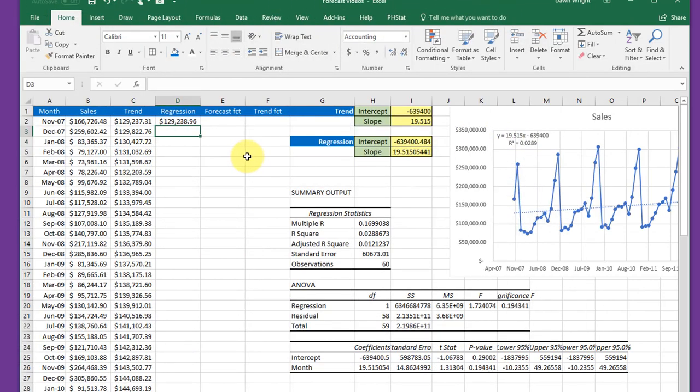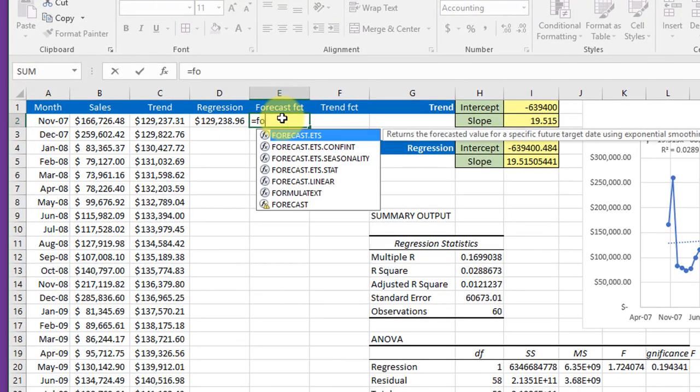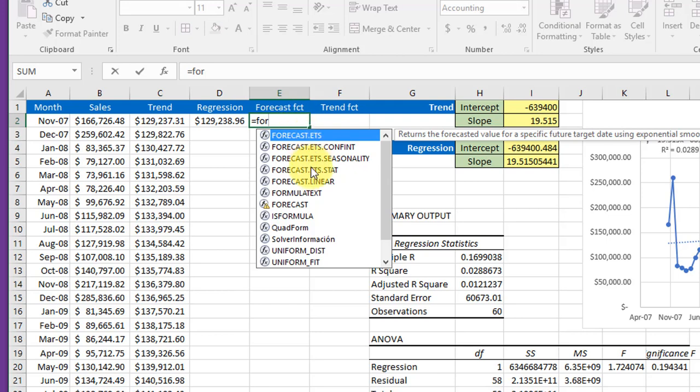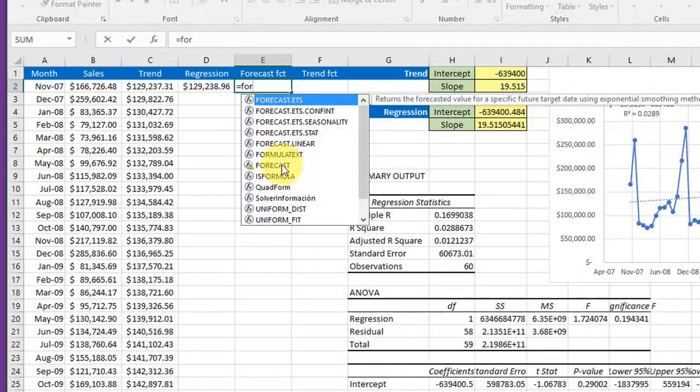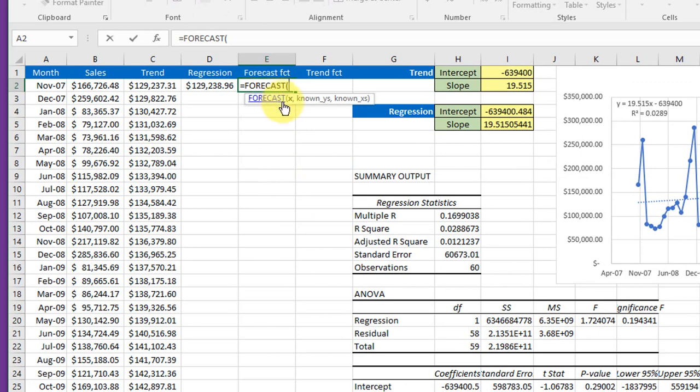There are two other ways that you can easily get the more accurate regression line values, and that's using a forecast function, and it's equal FOR. I start typing, and you get a number of forecast functions. Now, we're not going to use these first 5 there. Those are a little more complex, and we'll get into that a little bit later in this module. For right now, we're going to use the older forecast function. We're going to use that basic forecast when we need to enter our X value again, which would be that month,